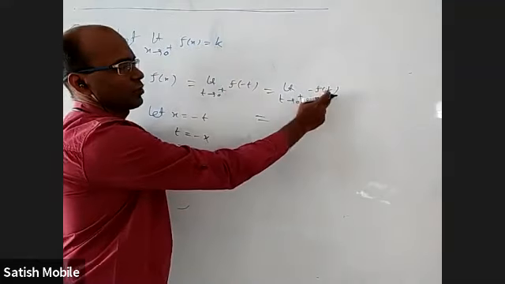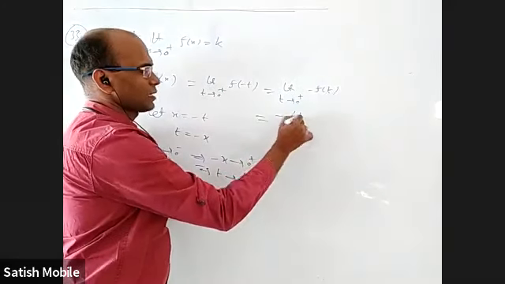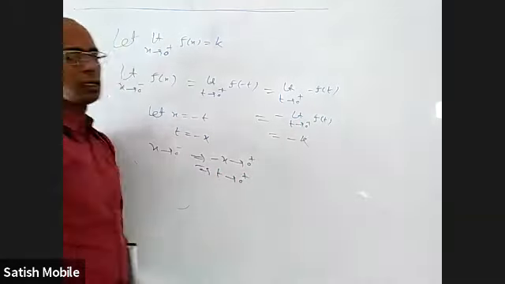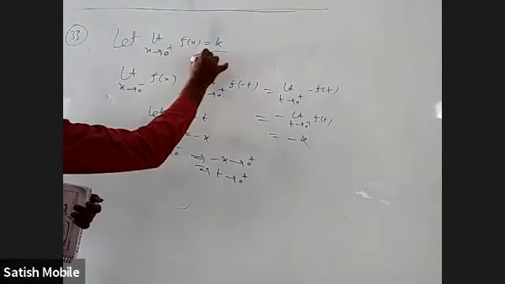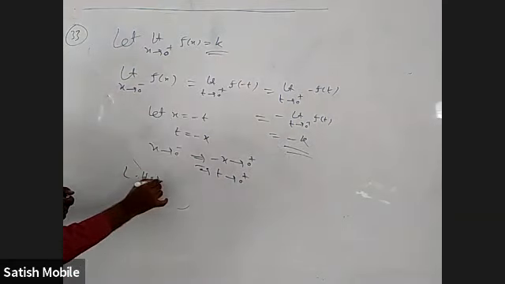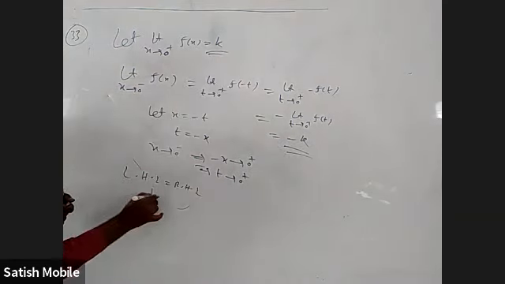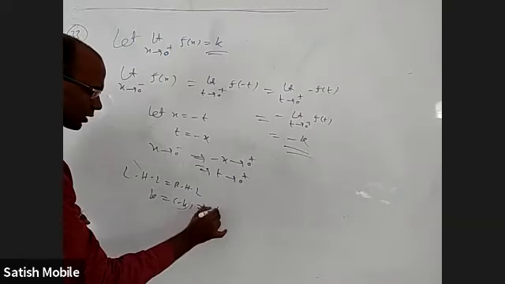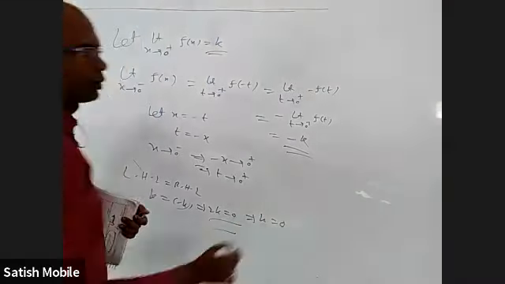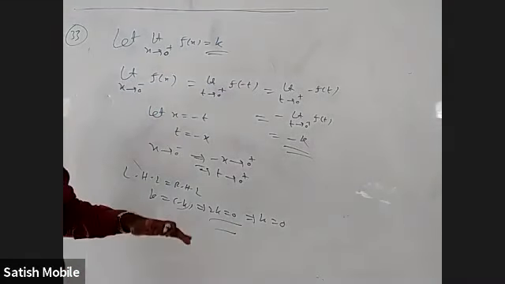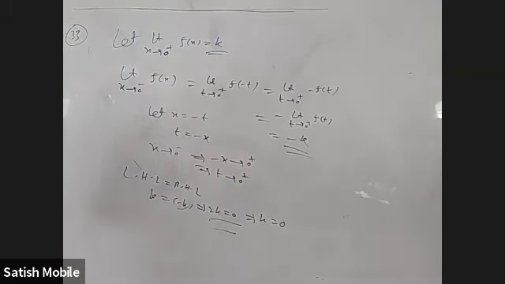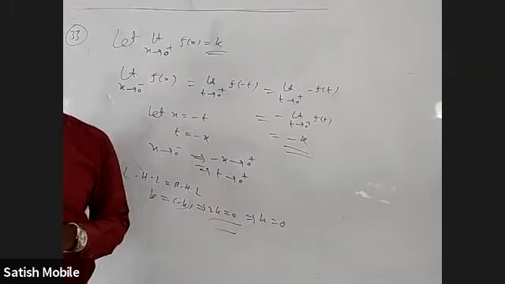And this is k, and this will be minus k. This is a minus limit t tends to 0 plus f of t, which is minus k. So if the right limit is k, the left limit should be minus k. But if you want the limit to exist, the left hand limit should be equal to the right hand limit. So k should be minus k. This implies 2k is 0, so k should be 0. If k is not 0, the left hand limit and right hand limit are different, and the limit will not exist. So for the limit to exist, the limit value has to be 0.